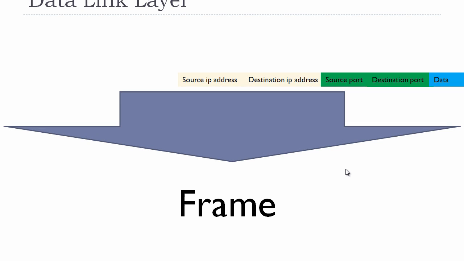And we go down to the data link layer, and at this layer the data is called a frame, and what we're going to be adding here is the source physical address and the destination physical address. And maybe you are asking why I didn't say MAC address, but you have to be careful, because